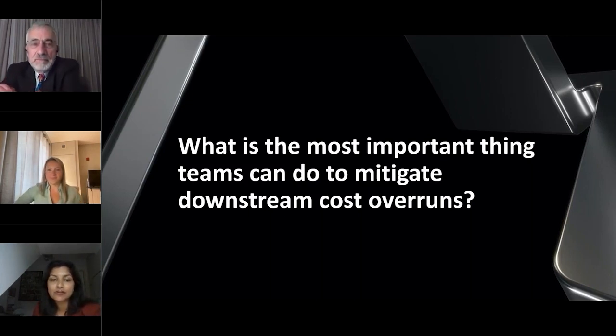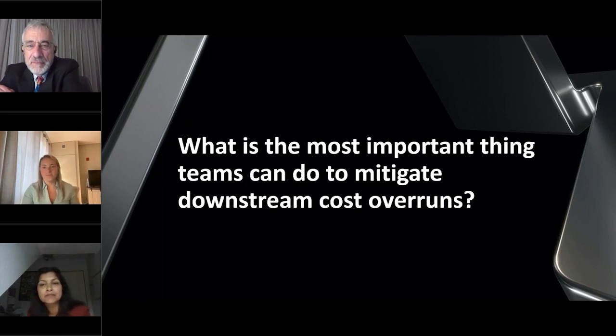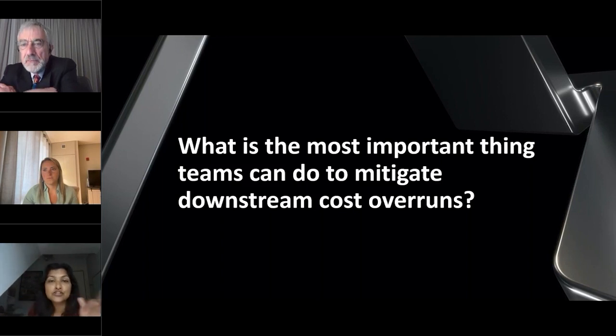I would say the most important thing teams can do to mitigate downstream cost overruns is setting up an educated contingency bucket or allowance buckets for the project, where there's an owner contingency and a construction contingency. But there is a conversation on what contingencies mean, because it is important for the team to understand how and where they would be spending those monies. And a lot of times the initial budgets are done so far ahead that